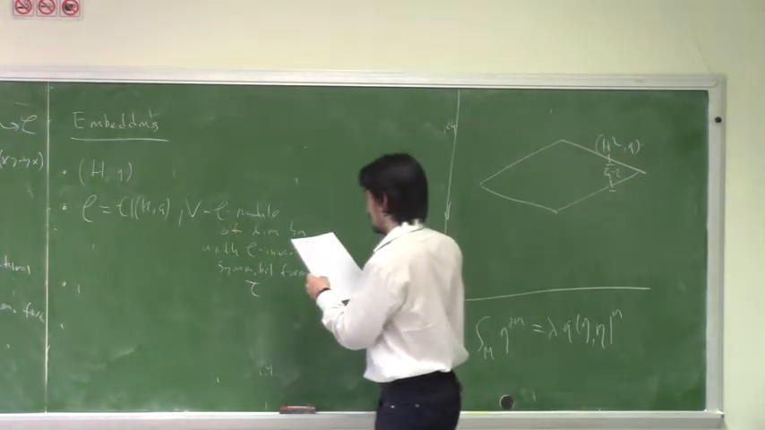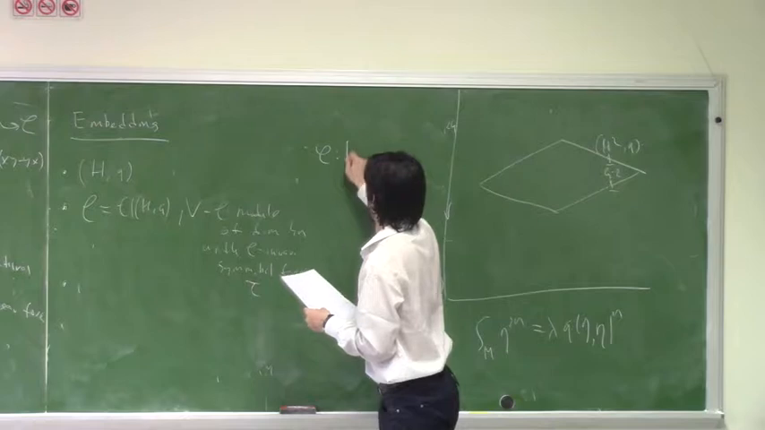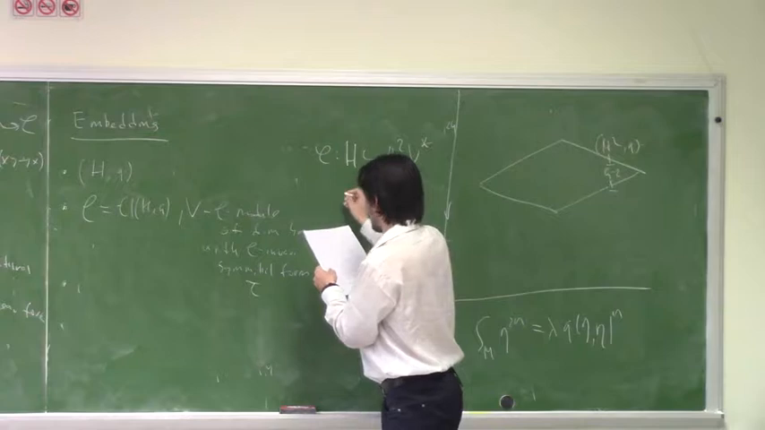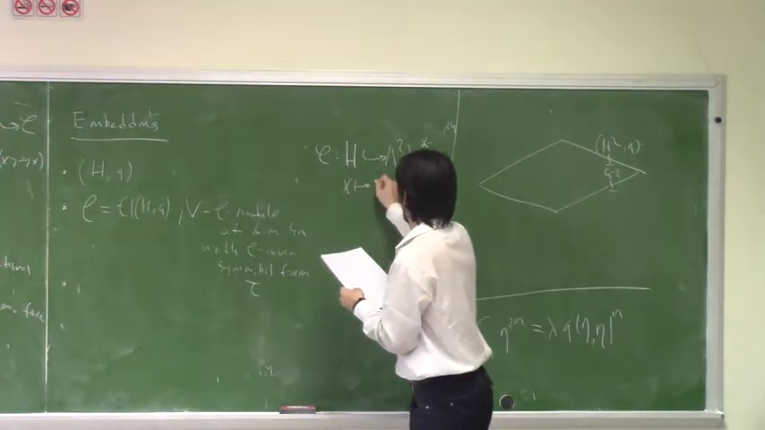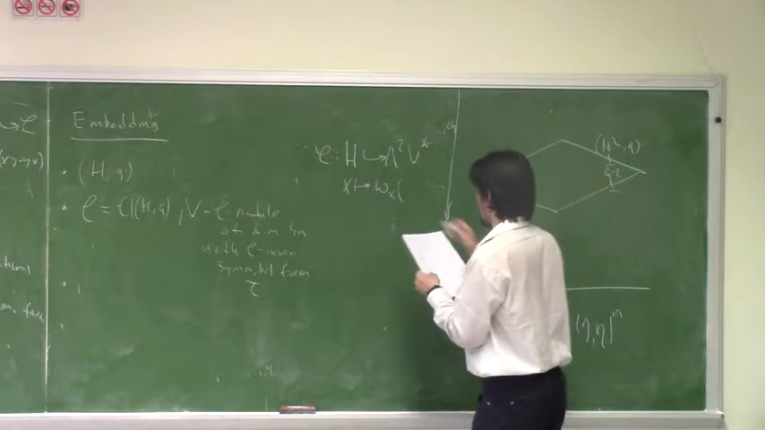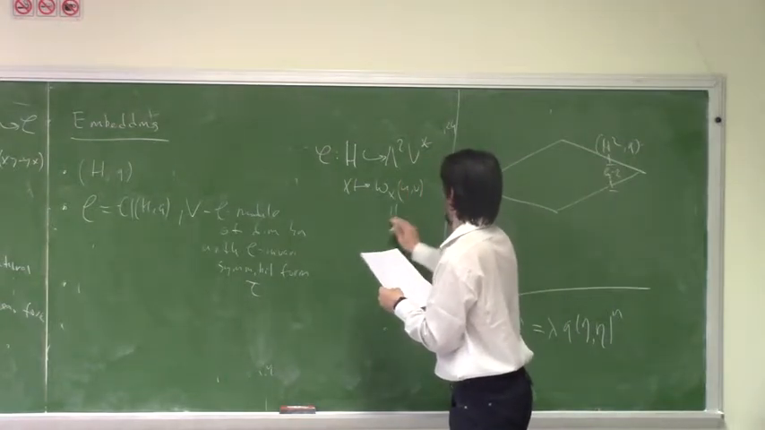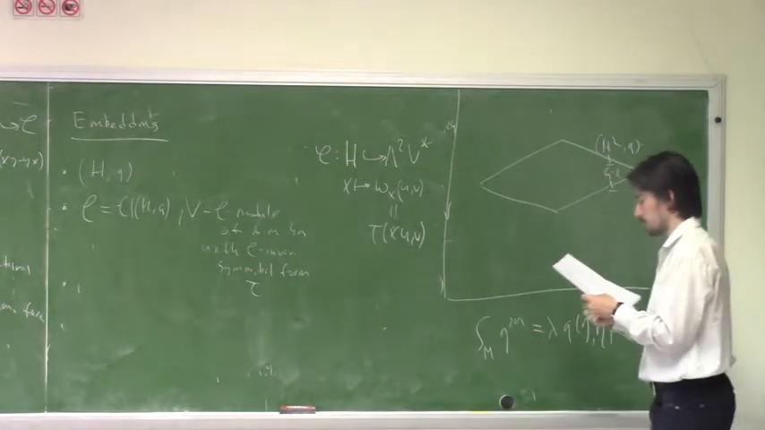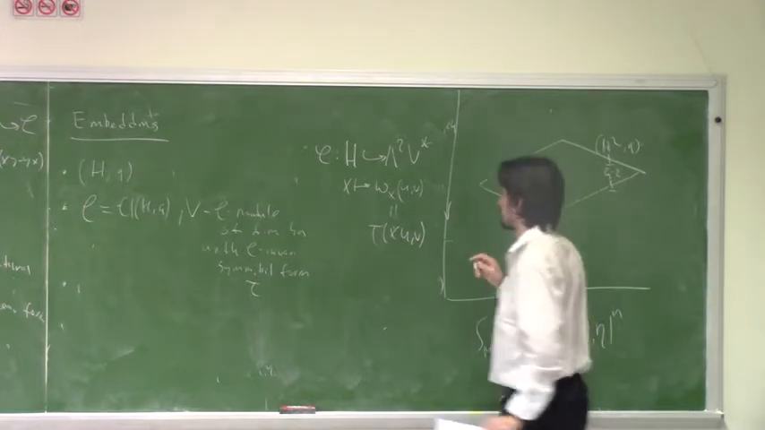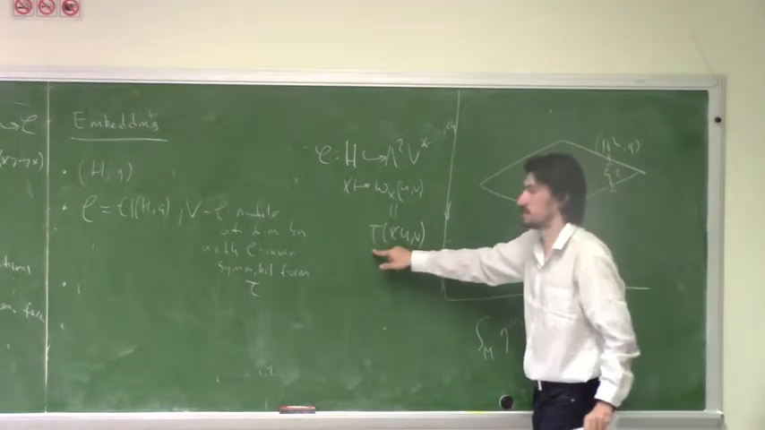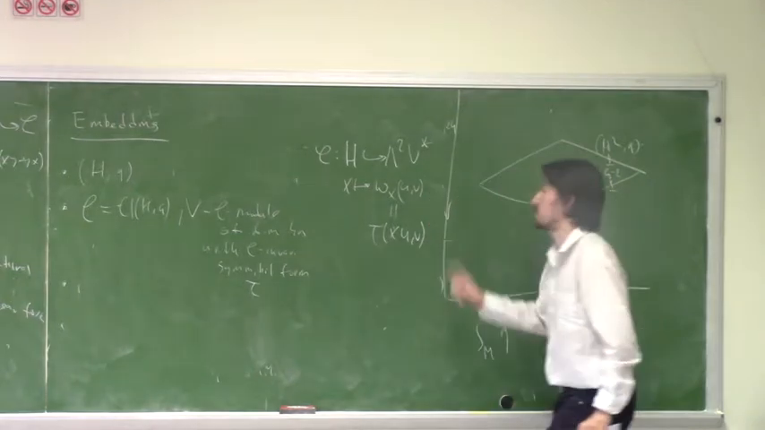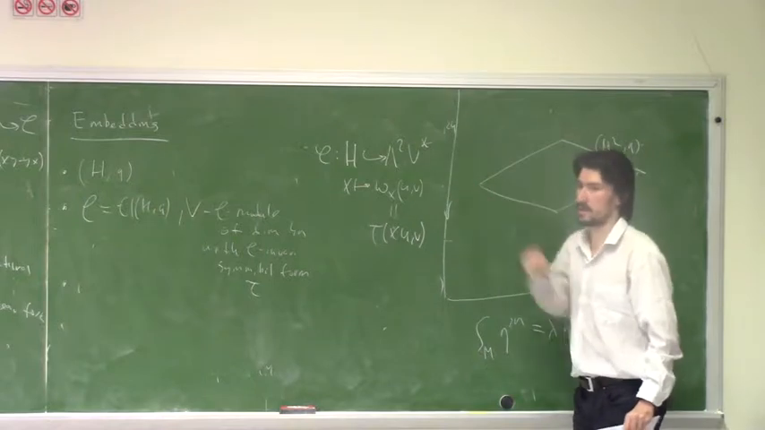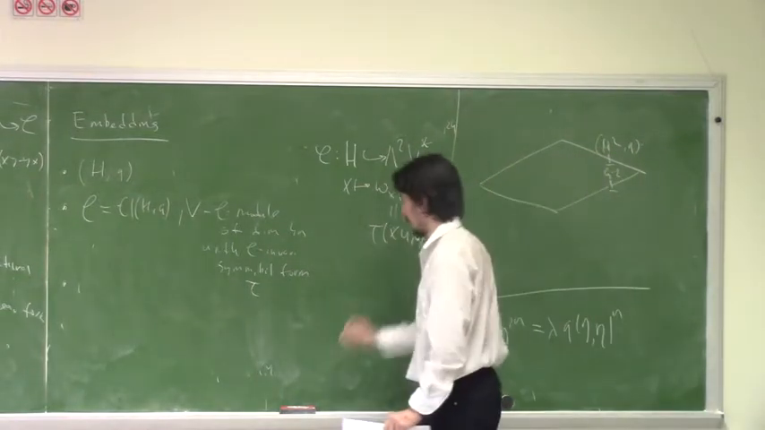Then the embedding is the following one. Phi from H to lambda 2 V star is the following: x goes to omega x, defined as tau of x u v. So from the property of this form tau, a symmetric bilinear C-invariant form, we need to check that omega x is an element from here. It's a simplification, you need to check it. And